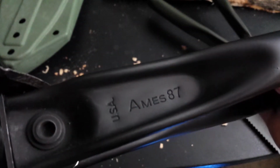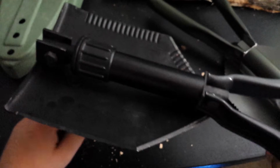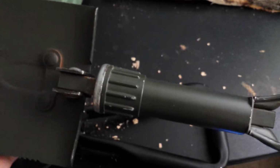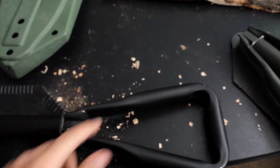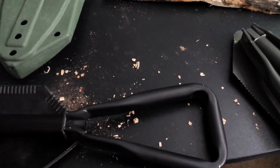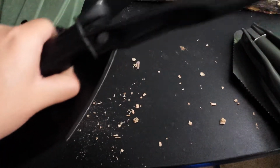And I tried opening this a couple times when I first opened the package, and it was tough, really tough. The handle is the easiest part to open, but if you're not used to having a stiff e-tool or entrenching shovel, because I'm used to this one, because like I said, I've had this for about a year now, and this thing is really easy to open. And when I got this one, before I got it, I watched a few videos of this shovel, and there were a lot of good reviews of this, but they did say that there were fakes, like I said, reproductions,